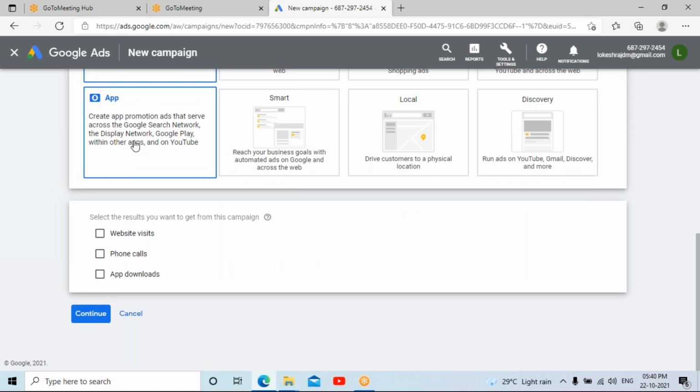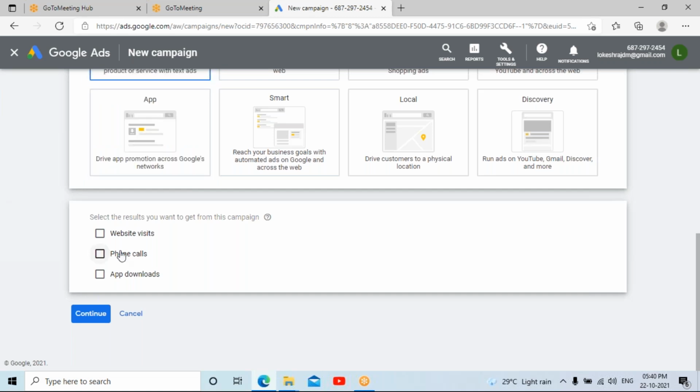Once I click on the search option, it will ask whether you want to get connected through any of these details. You can specify here. If you want people to visit your website, go to the website visits option and give your website address. If you want people to call you, you can give your contact details by clicking on phone calls.